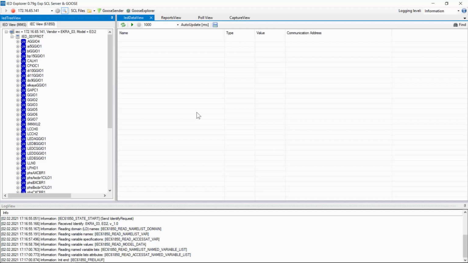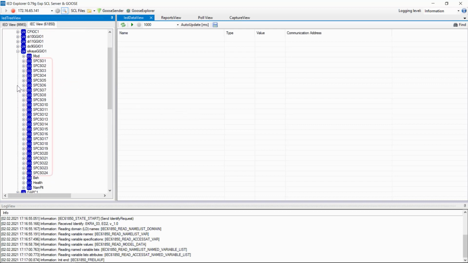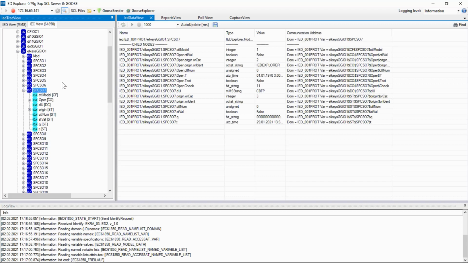To do this, you need to change certain attributes in the IED data model according to the IEC 61850 standard using the MMS protocol. As an example, through the IED Explorer program, we will find the necessary attributes in the IED data model and change them. In the EKRA logical node, select the SPCSO data object corresponding to the required electronic switch. You can make sure that the desired electronic control switch is selected by its name stored in the data attribute,